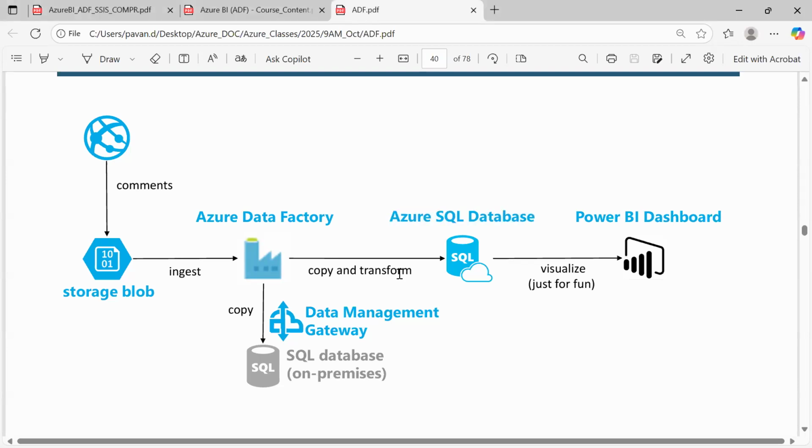Exactly. So by seeing the picture, we understand that we are going to extract the data from Azure storages with the help of the ETL platform, and this data we are storing in this database. But why we are storing the data in the database is the second question. Your manager will ask the next question: why are you required to store the data in the database?